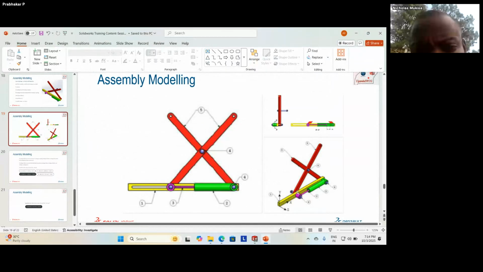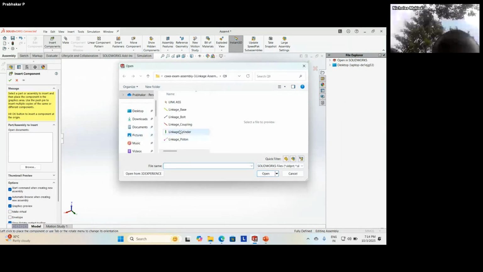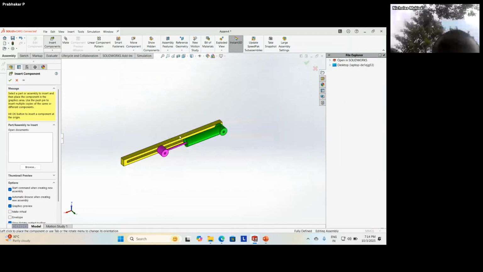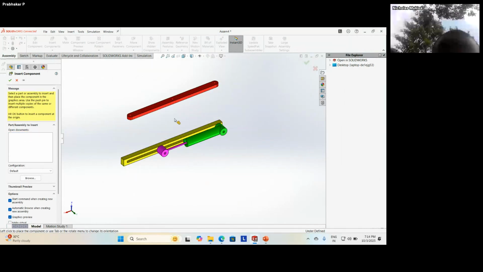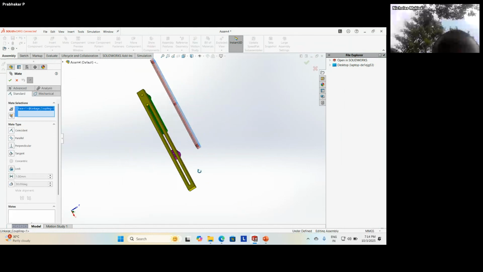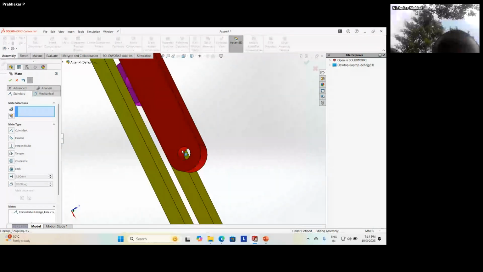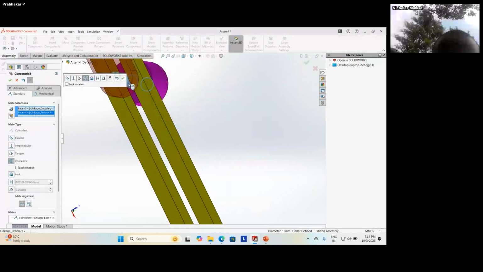Then I have to add the linkage rod. Insert, linkage coupling, mate, selecting this, touching this surface. Second mate, I make it concentric to this hole.